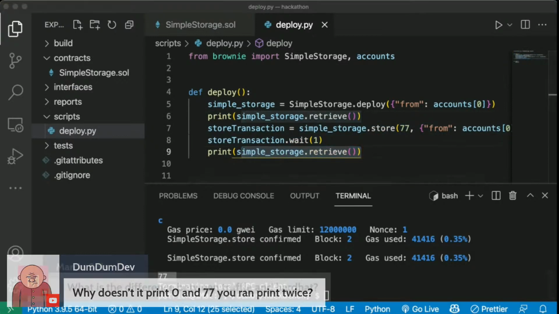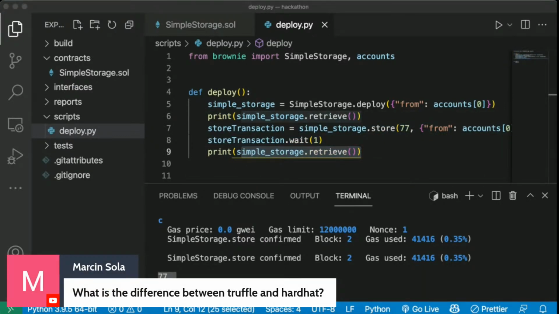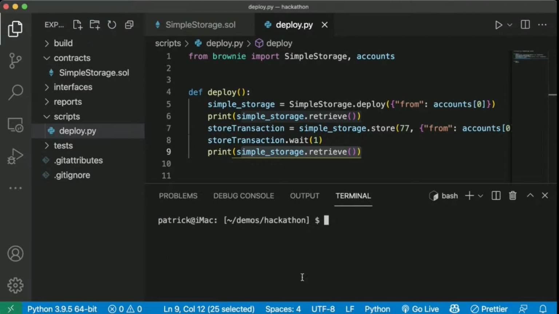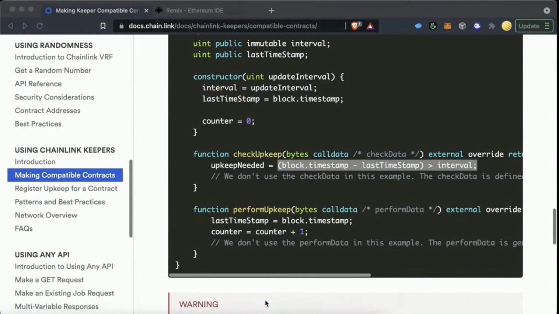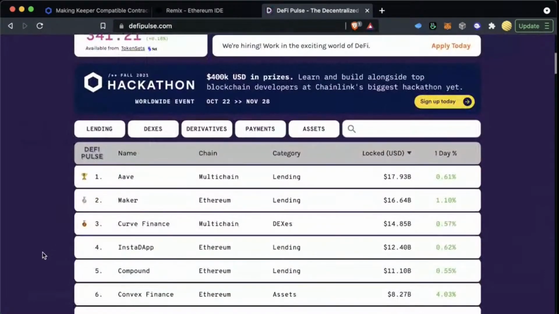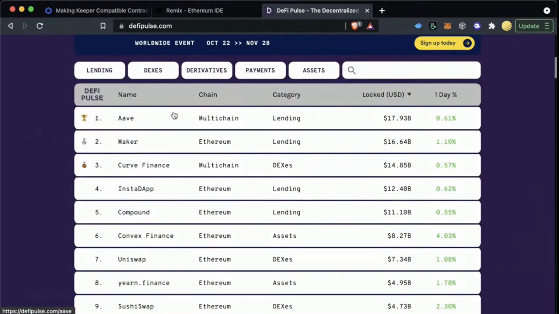Great question. What's the difference between Truffle and Hardhat? They're made by different people, right? They're different. We do a lot of our demos with Hardhat. Hardhat is really, really fast, and it's what most of the top blockchain protocols use. So, for example, if you were to go onto DeFi Pulse, Aave is using Hardhat.